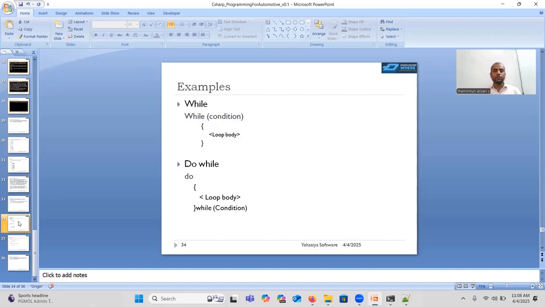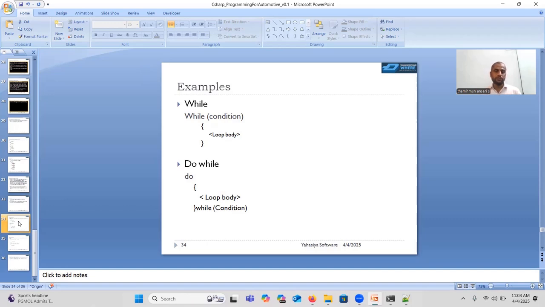The condition, you can use a relational operator to check the condition. If the condition is true, they will execute the body of the loop. Within the body of the loop, you have to modify your control variable. Maybe you will increment or decrement. You should not control the variable outside your loop body in a while loop. If you do so, your loop will execute forever because controlling of your variable is part of your loop body